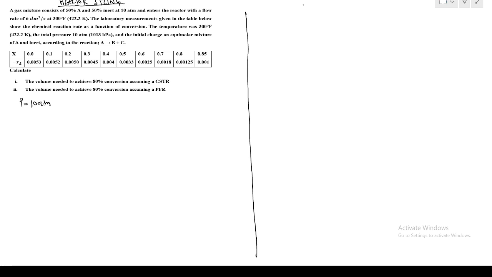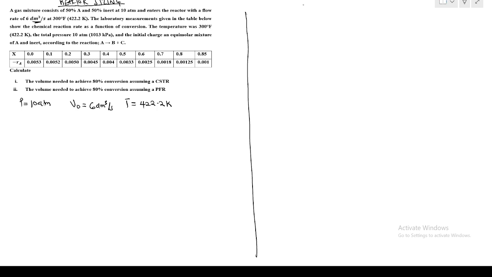6 dm cube per second. That becomes our volumetric flow rate because this is in dm cube, which is a volume. So 6 dm cube per second at 300 degrees Fahrenheit, which in Kelvin gives us 422.2 Kelvin. The laboratory measurements given in the table below showed the chemical reaction rate as a function of conversion. The temperature was 300 degrees Fahrenheit, the total pressure was 10 atm, and the initial charge an equimolar mixture